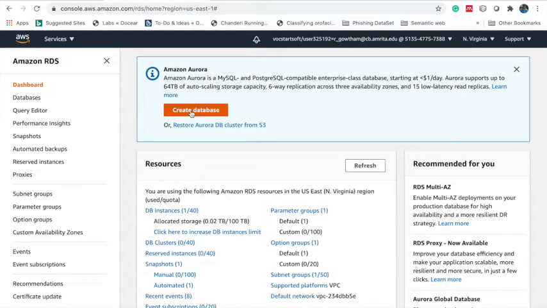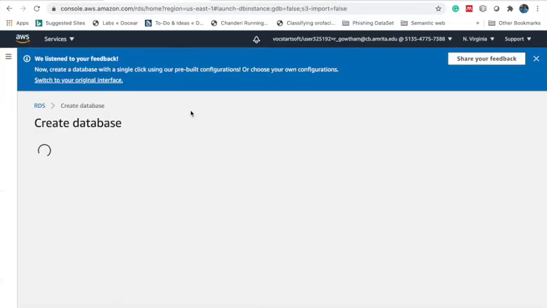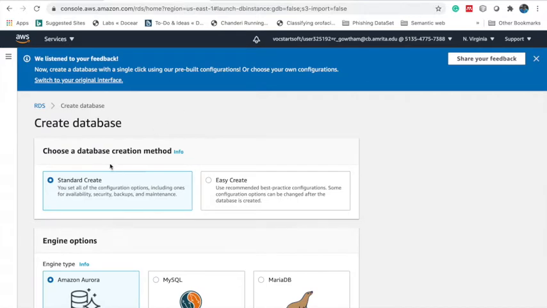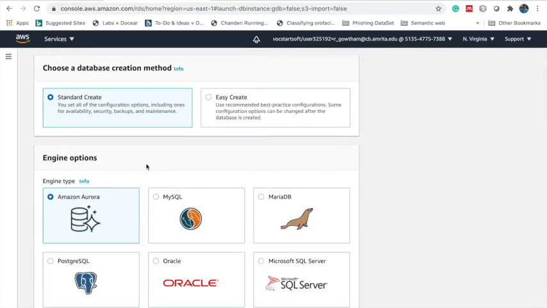Click on create database and select standard create. As part of this session, we are going to discuss how to create a MySQL database. So select the MySQL engine.